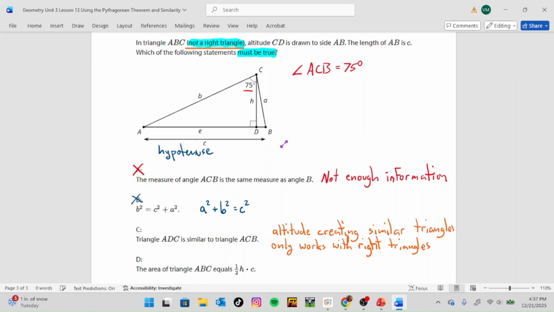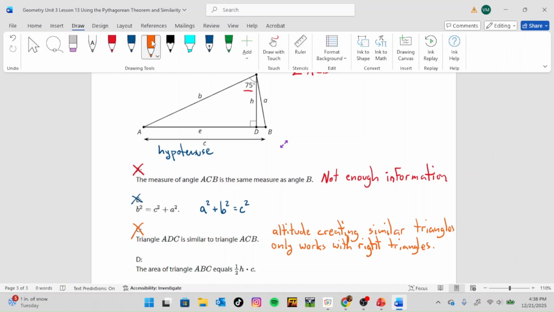And this is because you would be drawing from a 90-degree angle to create the two 90-degree angles at the bottom. But here you're drawing from a 75-degree angle and then creating two 90-degree angles, so they're not going to be similar. So that brings us to our last option,